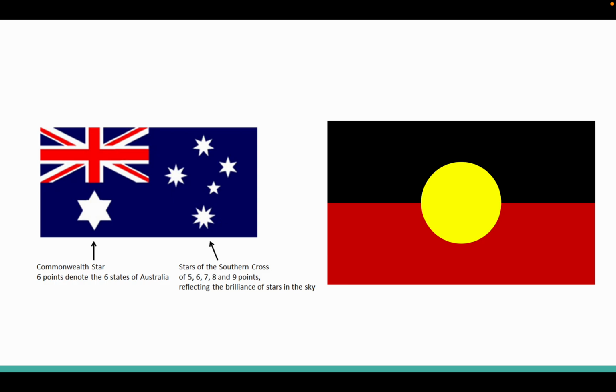Yes. You can also see the Southern Cross. That's to show Christianity is a big part of Australian culture, which you can see in these stars in the night sky. And then on the right it's probably just important to include the First Nation Australians as well, because they also have their own flag, which is represented by the black night and the yellow sun and then the red desert.